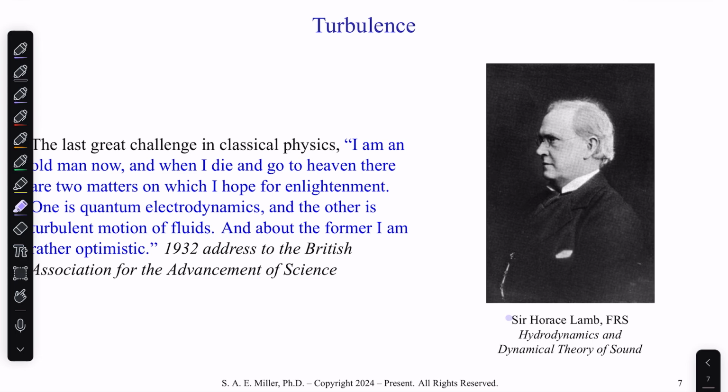This is a picture of Sir Horace Lamb, Fellow of the Royal Society. And he was obviously a very, very intelligent person. He spent some time, I believe, at the University of Adelaide because he wasn't allowed to marry his wife in the United Kingdom at the time, so he went down and got higher-level professorships at the University of Adelaide. If you visit there today, you'll see some buildings and places named after him. It's very beautiful. Once he obtained a higher position, he was able to go to, I believe, the University of Cambridge.